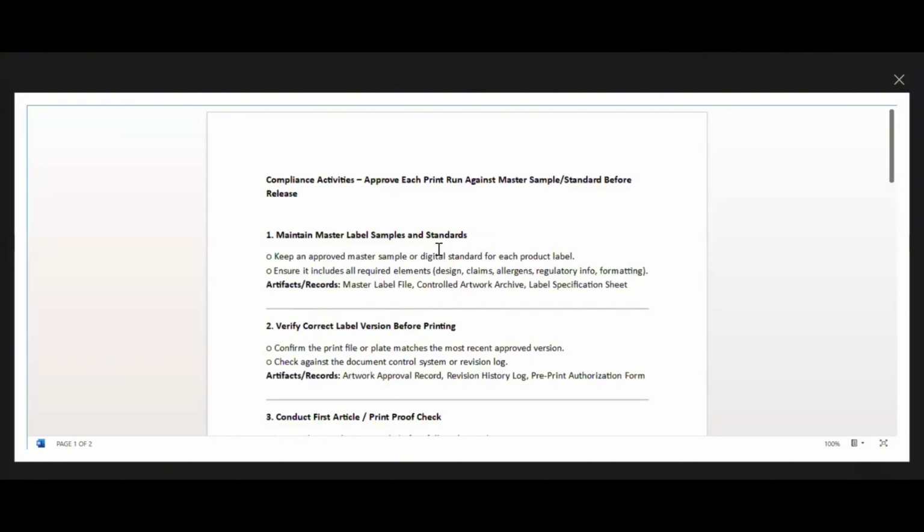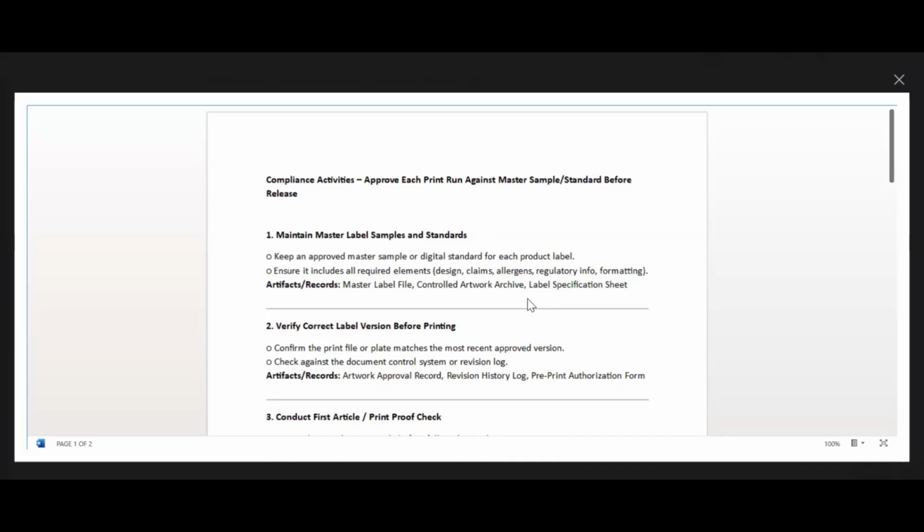So this can be done by keeping an approved master sample or digital standard for each product label. You need also to ensure that it includes all the required elements such as the design, claims, allergens, regulatory information, and formatting. For your artifacts and records, you need to complete the master label file, the controlled artwork archive, and your label specification sheet.